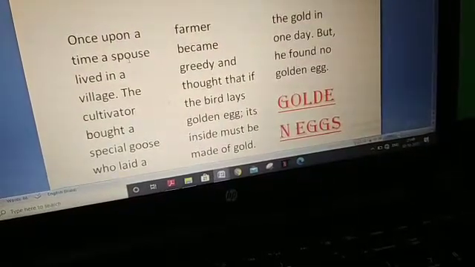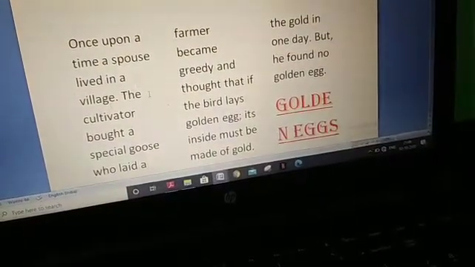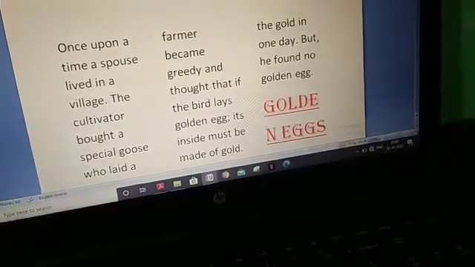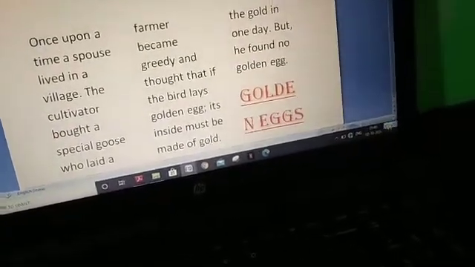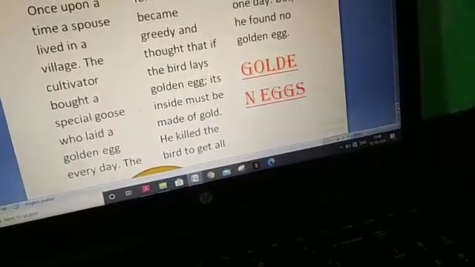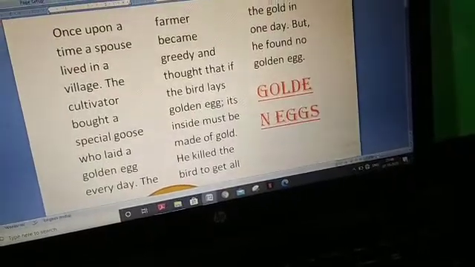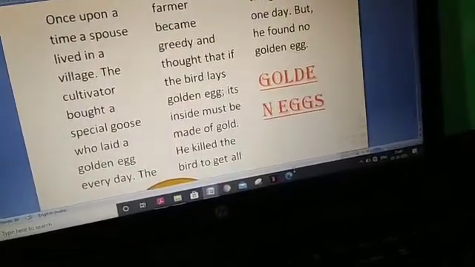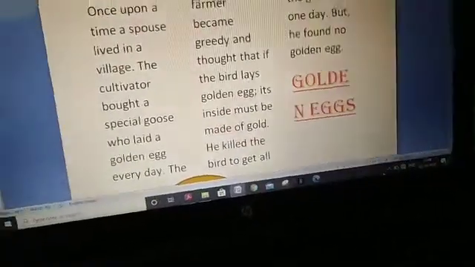Once upon a time, a couple lived in a village. The cultivator bought a special goose who laid a golden egg every day. The farmer became greedy and thought that. So this way the story is divided into 3 columns. Understood?